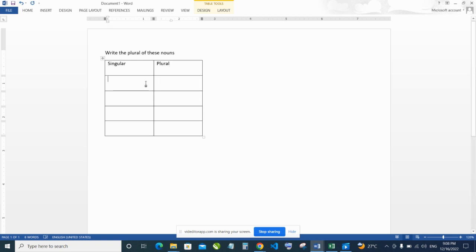Now, for the first one, let's say we have bag. Now here we have table. Here we have boy, and we have say cup. So this is how you create that, and you can select this. When you double click, it selects the entire column,